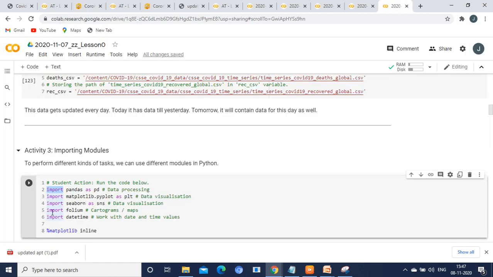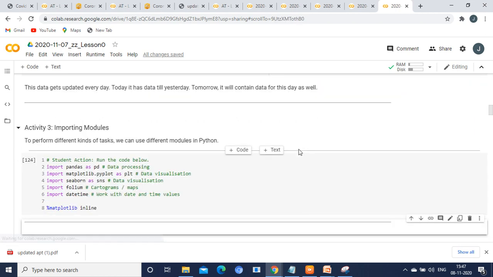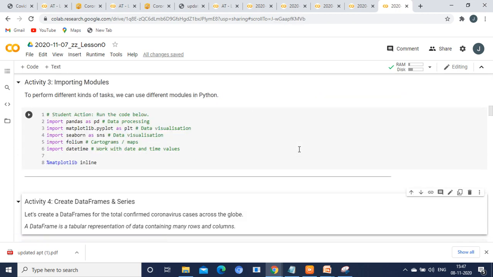So for representation like that, we will use this Seaborn package. And import folium is for including cartograms or maps. And import datetime, in the sense that if we want the details of the COVID spread according to the date and time, we need to import this package. So this is the information about importing the modules.